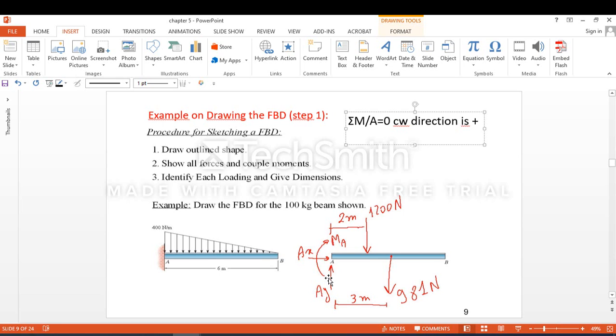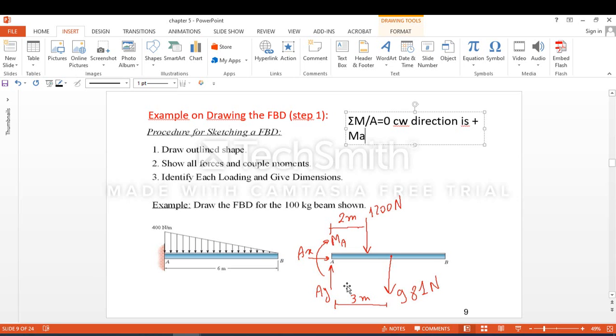Okay, so what are the moments of the forces exerted on A? Basically, I have MA. So MA means this reaction here. MA is clockwise, so I will take it in the positive direction. Now, what about 1200, 981, AX and AY? First of all, AX and AY will not have any moments about A because they are intersecting at A. And that's why I have taken the sum of moments around A. And then